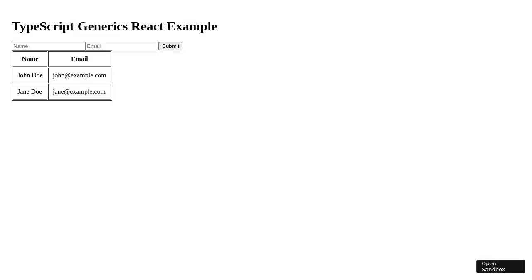Imagine interacting with a React application where you have a form component that can handle different types of data inputs seamlessly. You fill in a user's name and email, hit submit, and the data is processed and displayed in a table below. This form component, built using TypeScript generics, ensures that any data type you define is handled correctly, maintaining the integrity of your application. As you input different data types, the component dynamically adapts, showcasing the power of generics in creating flexible and reusable components. This demonstration highlights how such a component can be used across various parts of an application, providing a consistent